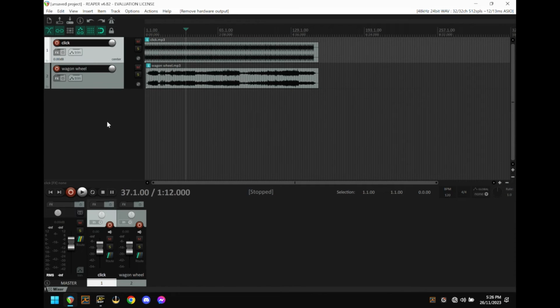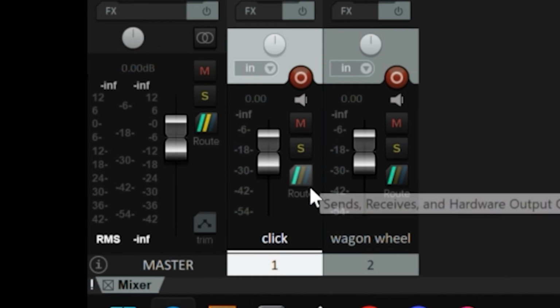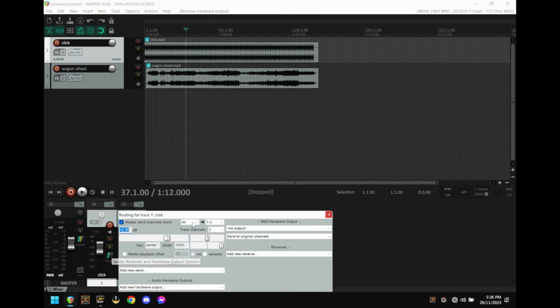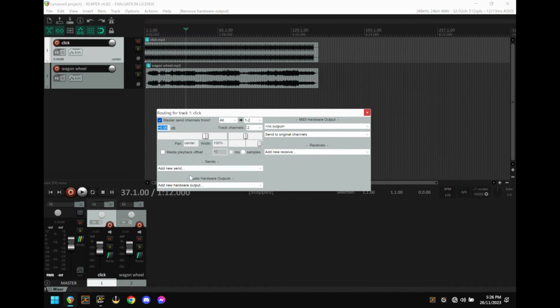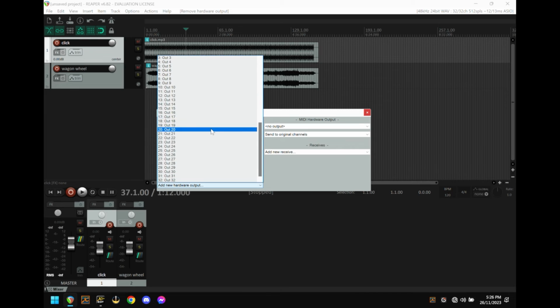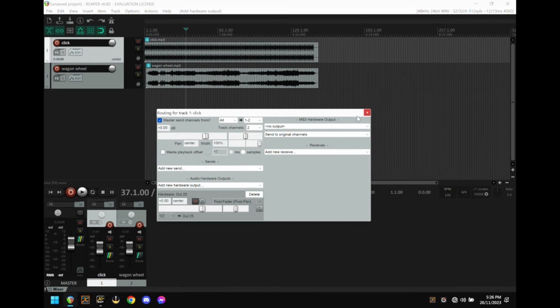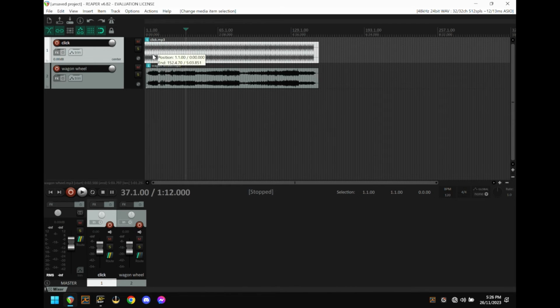And let's look at the click track first. I'm going to go down the bottom to where my faders are, and you can see this little button that says routing. If I click that, I'll just lift it up, we have a new hardware output that we need to add, and we need to essentially scroll right down to the bottom and tell Reaper that this particular track is going to be output to channel 25. So when we press play, it's going to go out through channel 25. The X32 knows that channel 25 is going to come from the computer, so it should play the click. Right, so now let's just go back a bit.